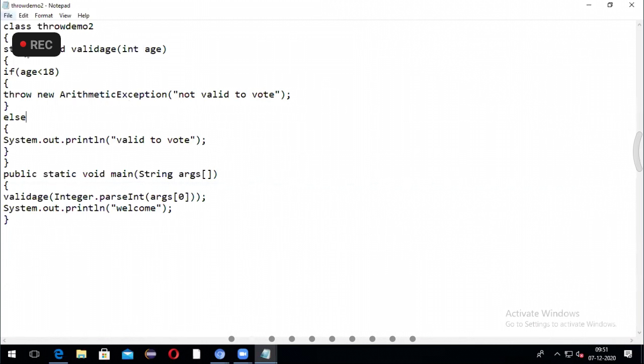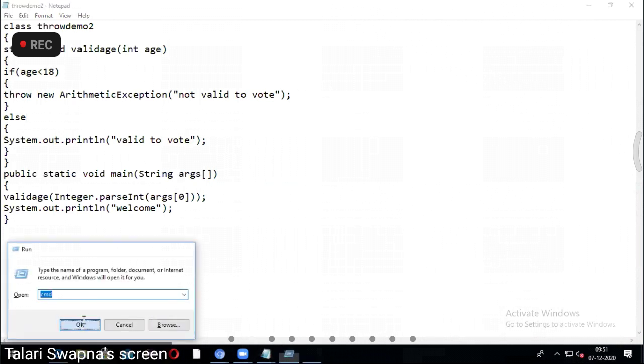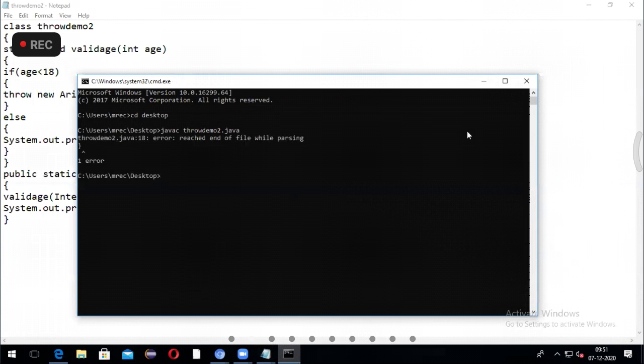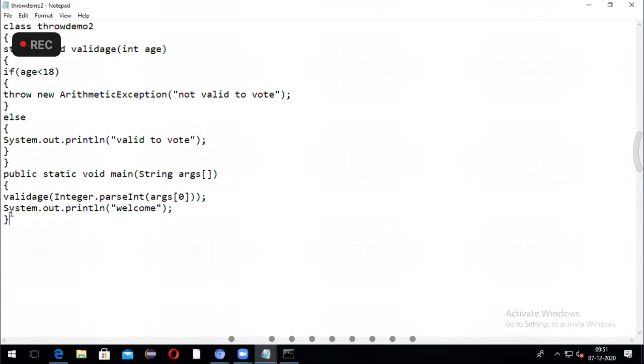Let's see. I did not use a try catch block. I'll use it later. I didn't close the class. What did I do? Oh no, not here, the main method.